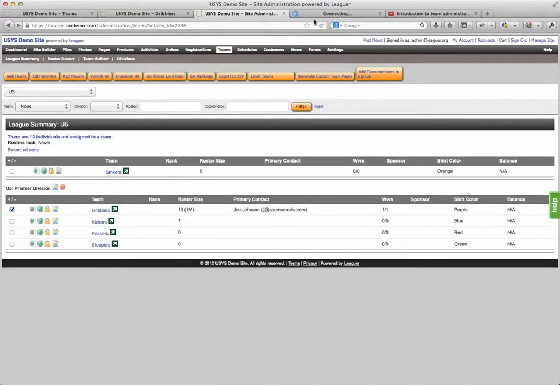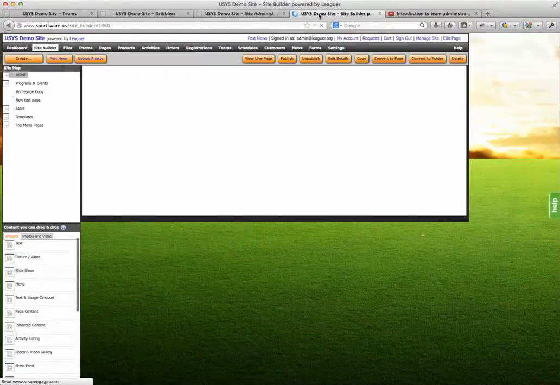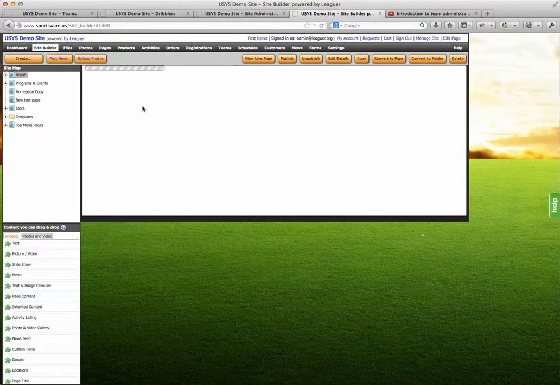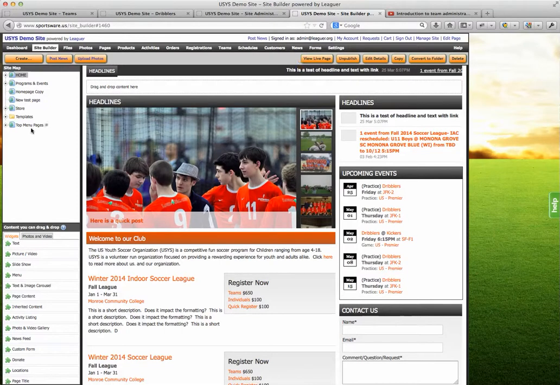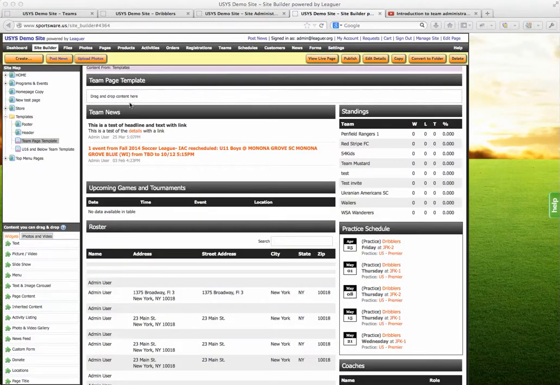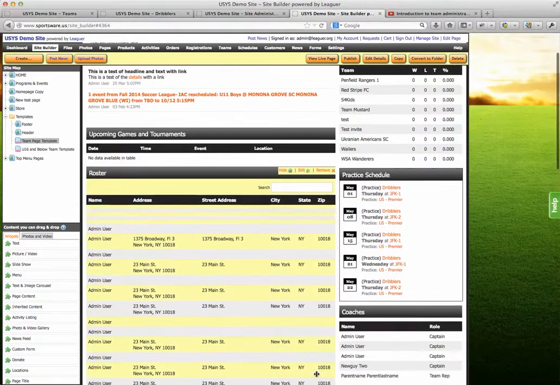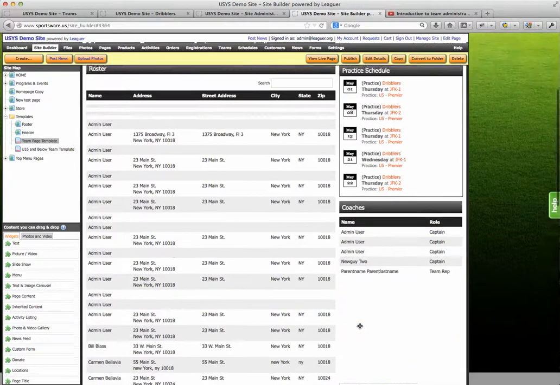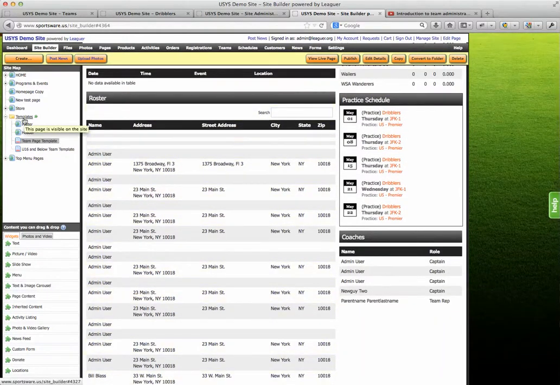So I'm going to jump into Site Builder. The template is just a regular page on the site, and it's just using some widgets we created specifically for showing team and schedule information. So currently I have a team page template here. On it, you'll see there's just a title on top, news, standings, upcoming games, tournaments, roster, practice schedule, and coaches. So why don't we just build this thing from scratch,